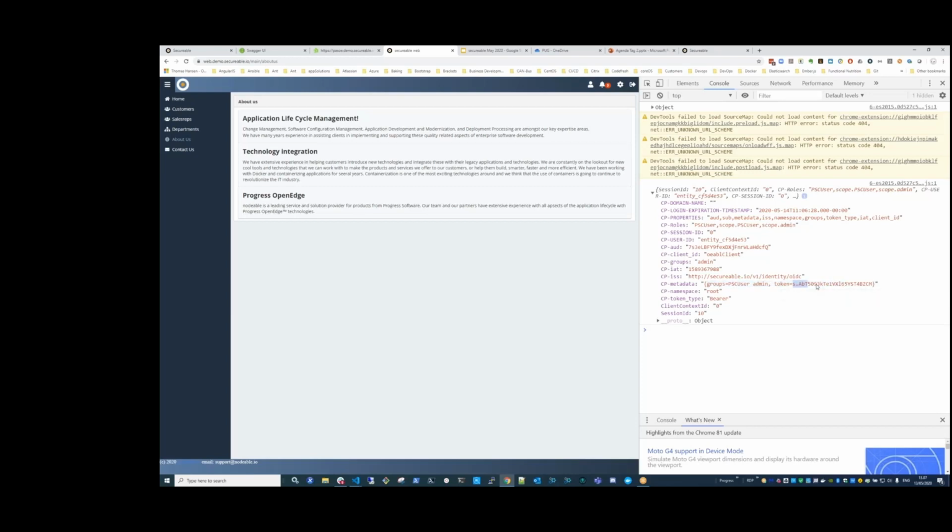We can see the SECURABLE token that we can pick up as some extra metadata. Once we have that information available, you can use the ABL SDK on the back end to make calls to SECURABLE, to encrypt data, to get secrets, to store secrets, to log on, to get tokens to log on to external services and so on. So all of that happens automatically without having to do any special stuff except set up the security between PASOE and SECURABLE.